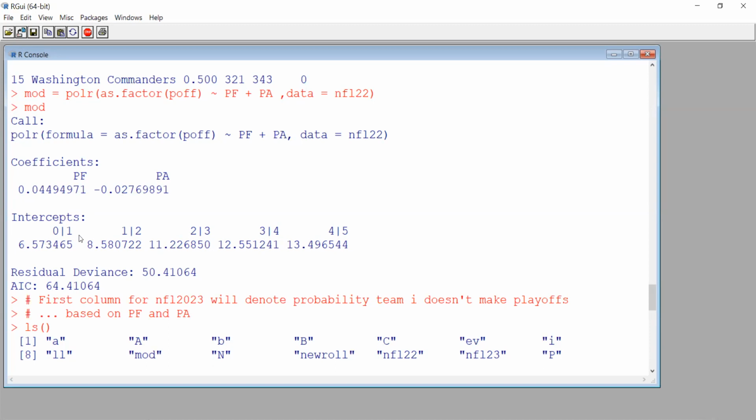I just want to write it down for myself. The coefficient for points for, I'm going to round it, is 0.045. For points against, it's minus 0.028. And my first intercept, which we were calling beta 0 or beta 0.1, let's call it 6.6.